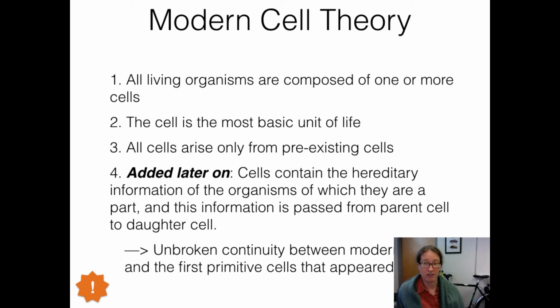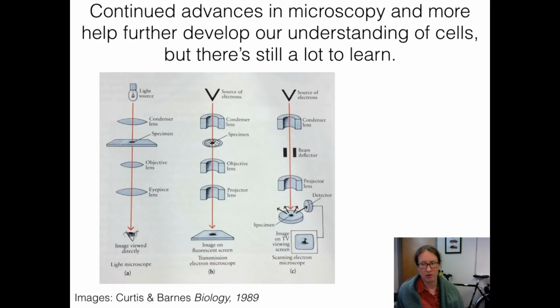And you're sure to encounter a range of types of microscopy over time. The three main types that I'm going to highlight right now are light microscopes, transmission electron microscopes, and scanning electron microscopes. And without getting too far into the weeds, the way these work is light microscopes simply shine a light through a thin slide,